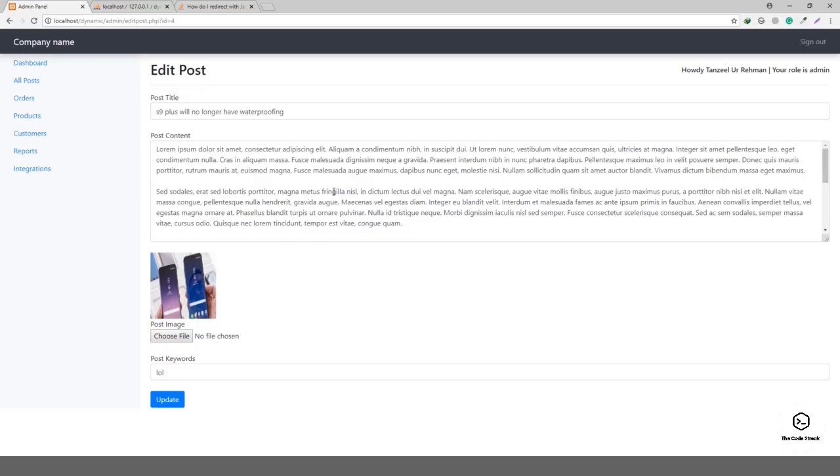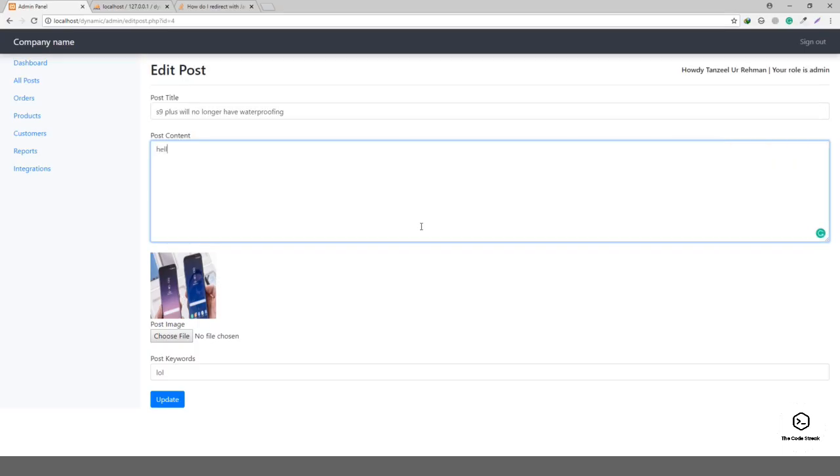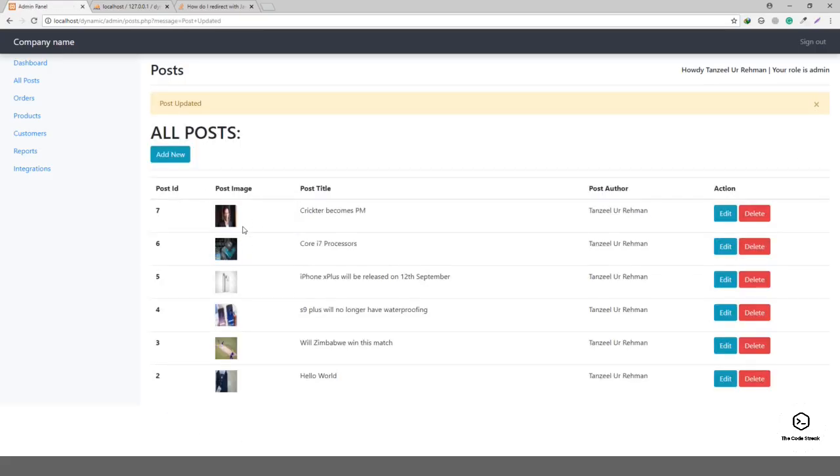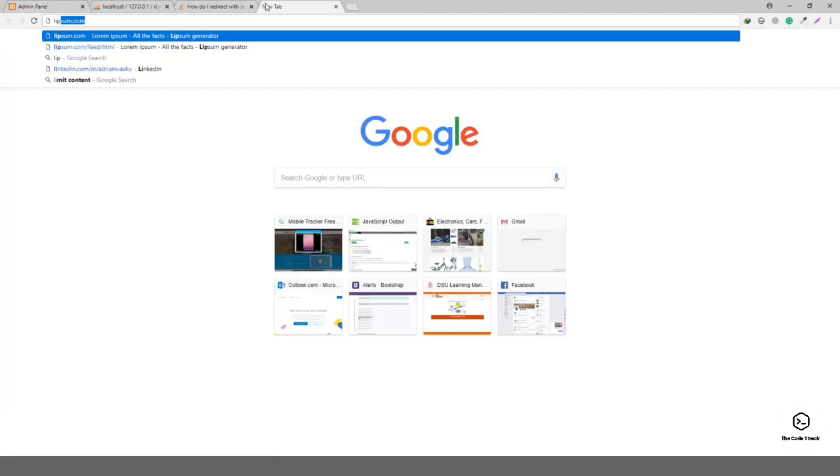I can definitely change the image, and I can go ahead and change the content as well. I'm going to write hello world, and then I'm going to update it. And you can see that we can have the content here. If I go ahead and edit it, you can see that I do get the hello world content. But since I need the lorem ipsum, I want to go to the